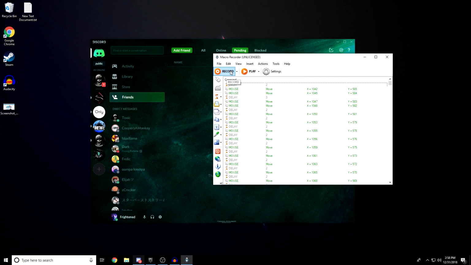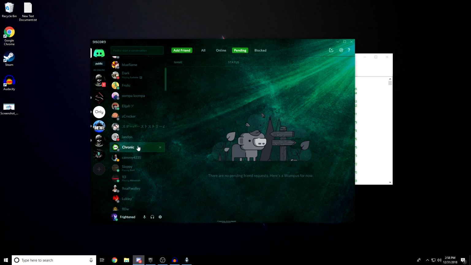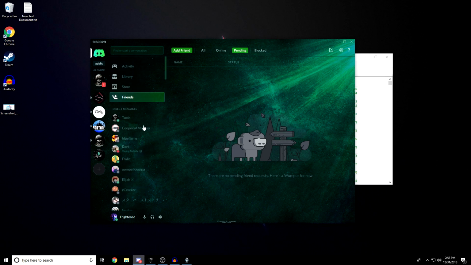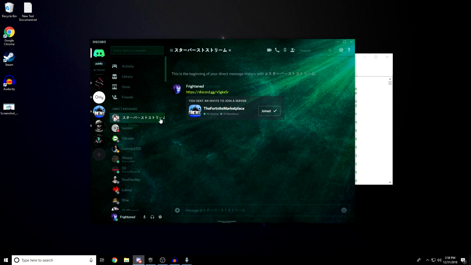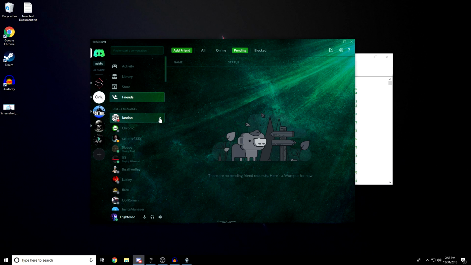So what you want to do is go through till you find one of your groups. Just go in here and hit X. Just keep exiting out of all of these. Some of these guys have really long names like this. Just hit close DM, and then just X out until you find a group actually. And the reason you have to do that, okay, so when you're here, now you just want to go ahead